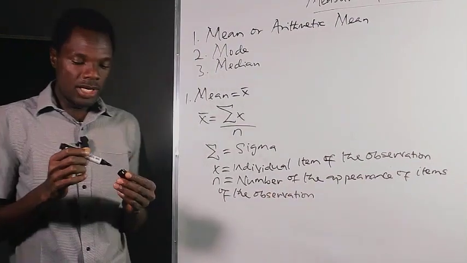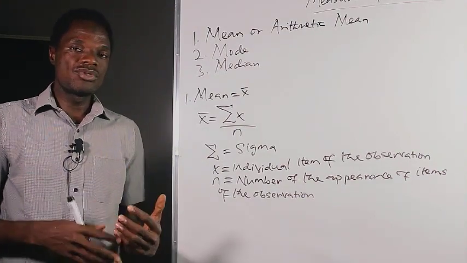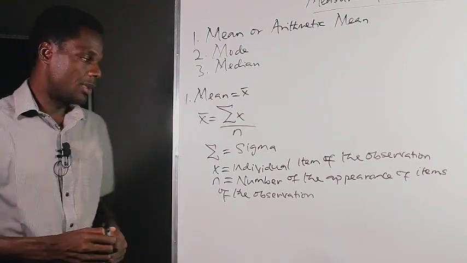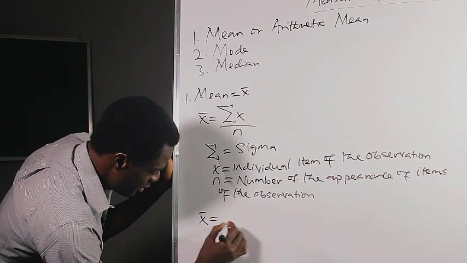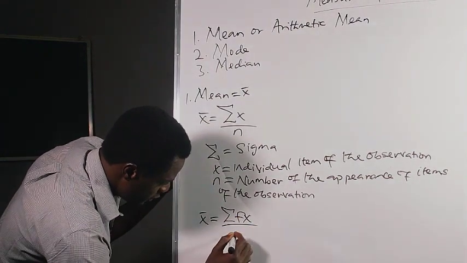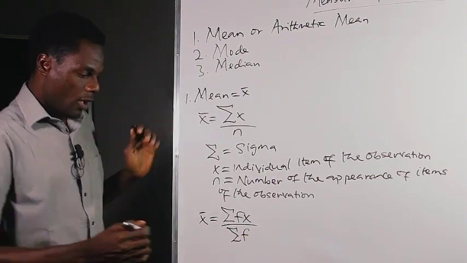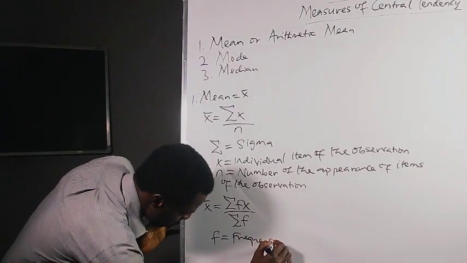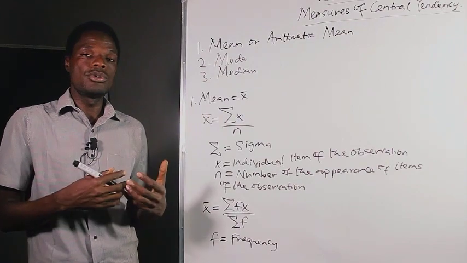So this formula is only applied when the data is raw. That means if the data is not organized. But if the data is organized, then we use another formula. For example, if you are given grouped data, the mean will look like this: sum of fx over sum of f, where f represents frequency. But for now, we are going to use the first formula because we are going to use raw data